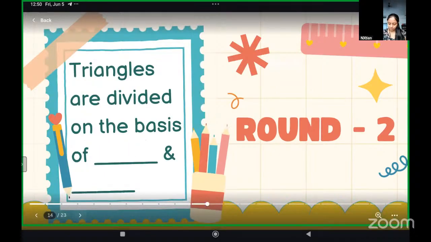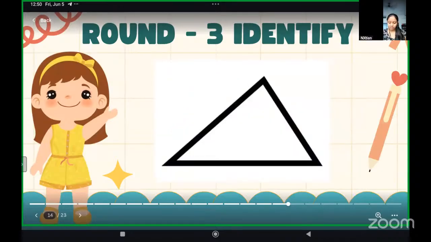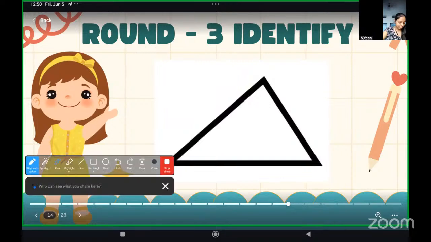Okay, in round three, Joshua, your third question. This, Joshua, is an acute angle triangle. All the three angles are smaller than 90 degrees. How do I identify this? Ma'am, how do we identify if it is acute or obtuse? Take a quick look at this. If your triangle looks like a normal triangle, and you have to identify